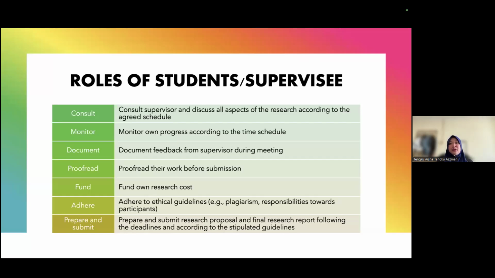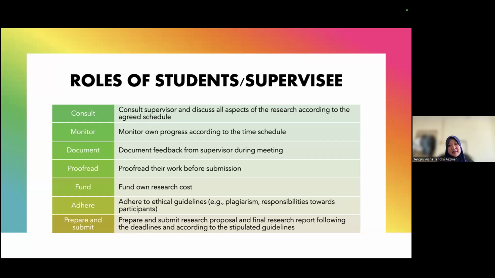So document feedback should be reasonable. Of course, they have to allow us time to read and then meet up to discuss if there's anything that's not clear. And students should definitely proofread their work. This is something I think is very common in social sciences. English is not our first language, but we have a lot of tools to help cross-check our work.